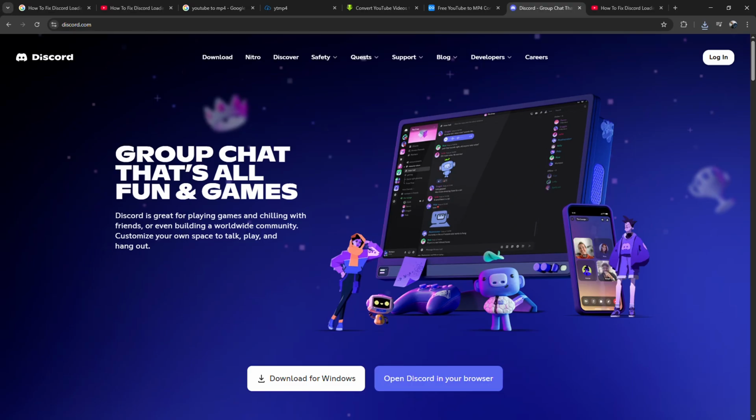Once done, download the latest version of Discord from the official website and reinstall it. If you're on browser, clear your cookies and cache or try switching to another browser. For mobile users, go into your phone settings, clear app cache and data, then reinstall from the App Store or Play Store. In most cases, these steps fix the chunk loading issue and let Discord run